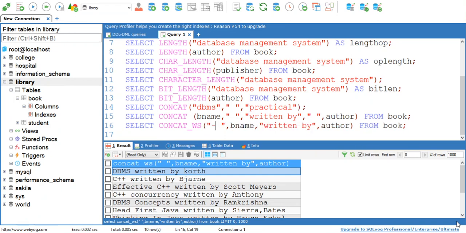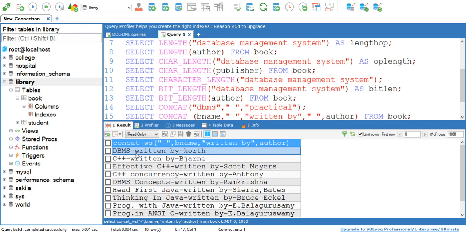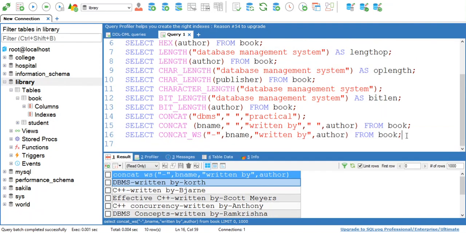Suppose I want to concatenate all these values by a dash, then I simply write a dash in double quotation marks. When you execute this query, you can verify at the output that a dash is given between all the words as a separator. So you can use any symbol as a separator.